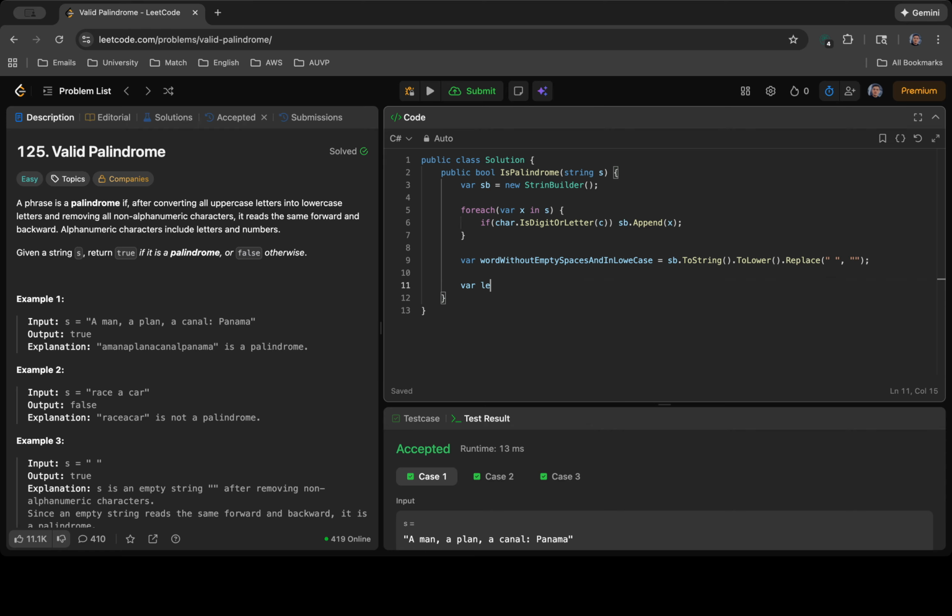So here I'm going to create a left variable. Here it's going to be 0, which is the left pointer, and another one which is the right pointer. That will be the sp.length minus 1, because I want this guy here. So I'm going to create a while left is less than right, because if it's equal to right, they're going to stop. So here I'm going to pretty much compare if